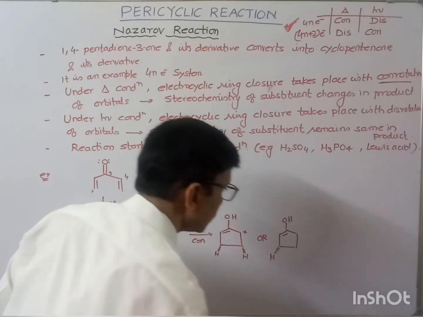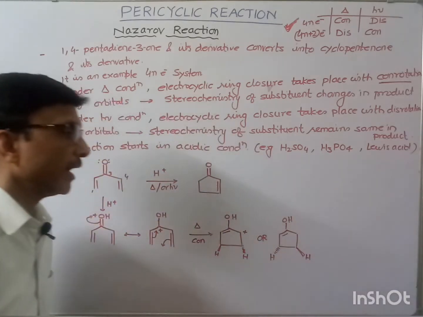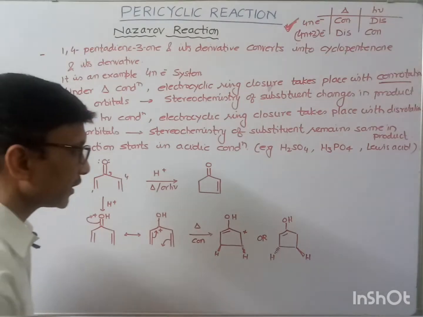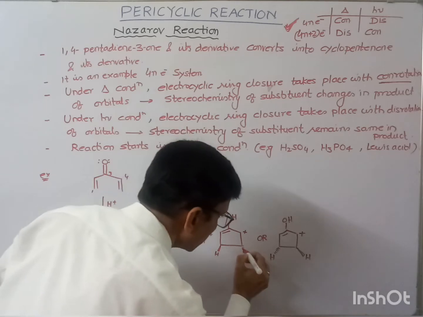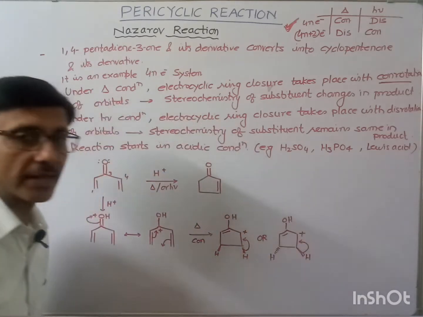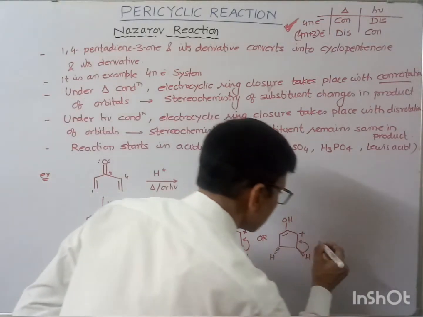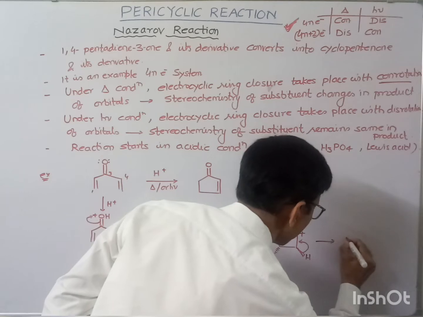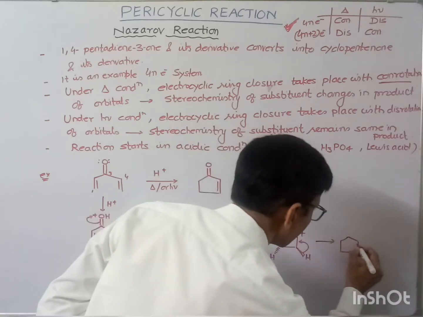This hydrogen may be below the plane, or it may be above the plane. And finally, the positive charge should be neutralized. So this positive charge will be neutralized after the removal of this H plus. After the removal of this H plus, this will get neutralized. So here we will get